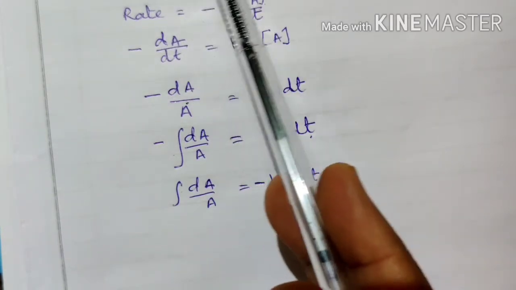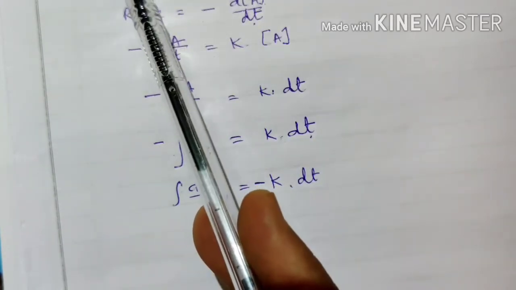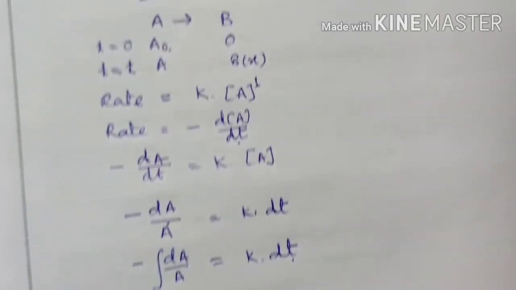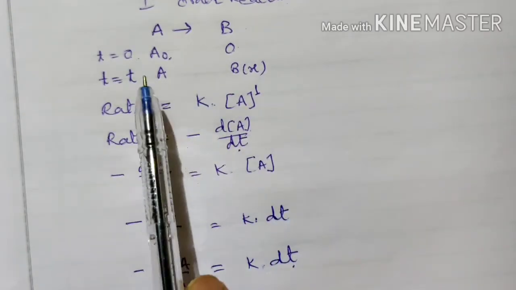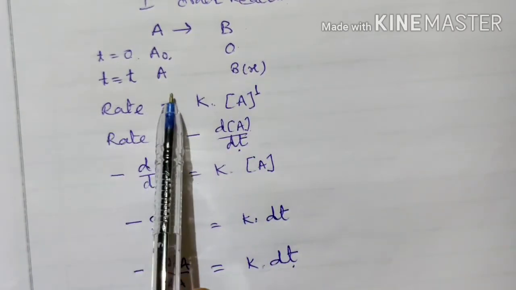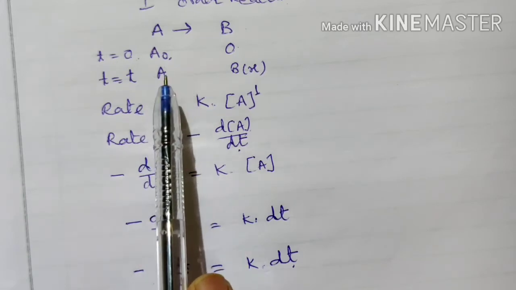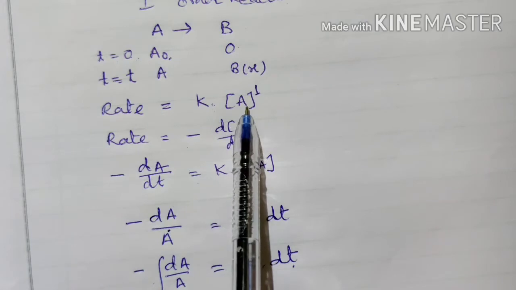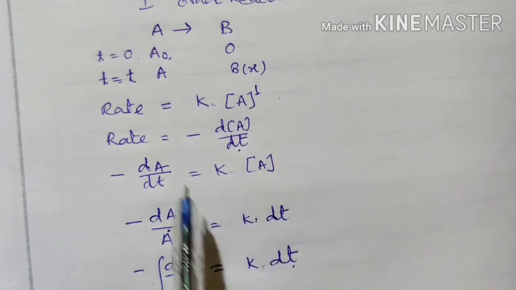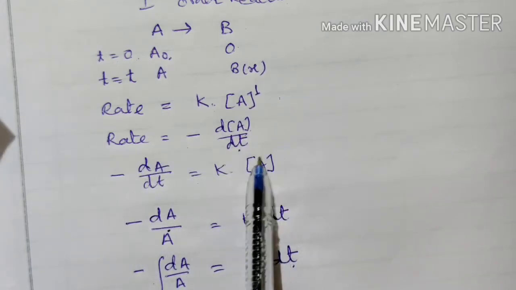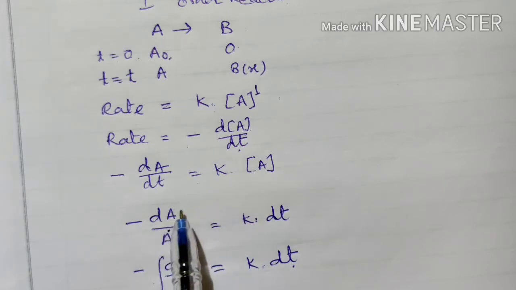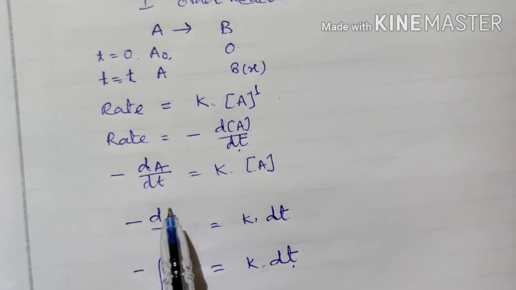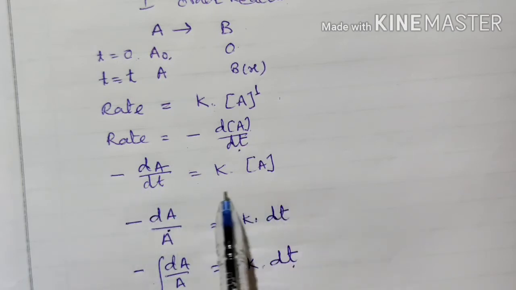The A changes into B, and at time t0 the concentration of the reactant is equal to A0, and after time t the concentration of A is A. Now when we write the rate law, rate is equal to k into A raised to the power 1. Now the rate is equal to minus dA upon dt. Then we write the rate expression here, minus dA upon dt is equal to k into A, where k is